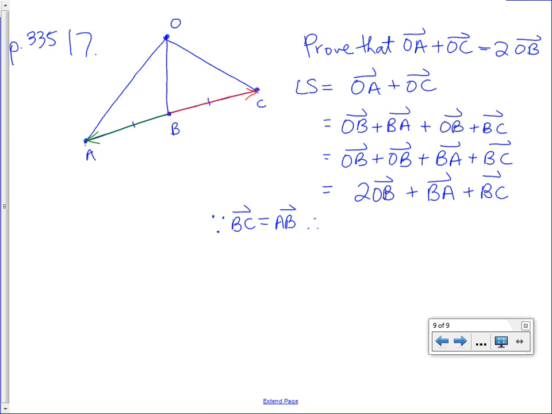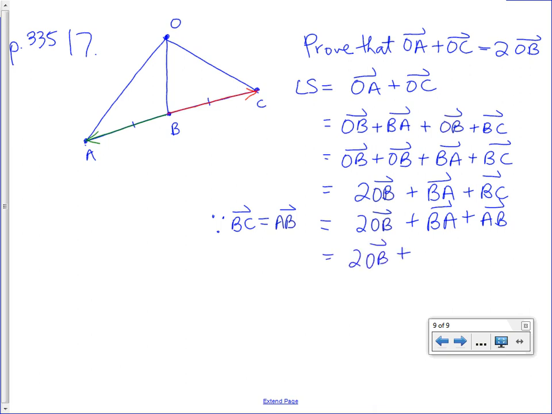Okay, therefore, I can continue. Maybe I'll just write equal. So I'm actually going to do that replacement, because look what happens when you do that replacement. You get the lovely combo we looked at yesterday, where the head of the first and the tail of the second match. So I can rewrite BA plus AB as